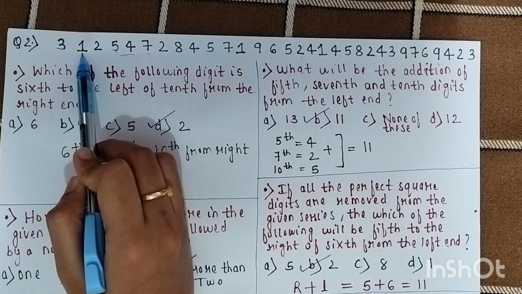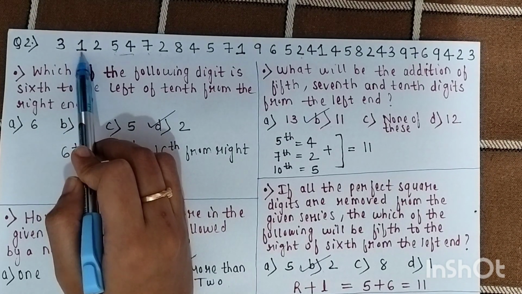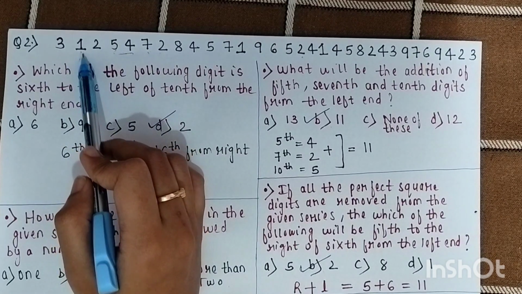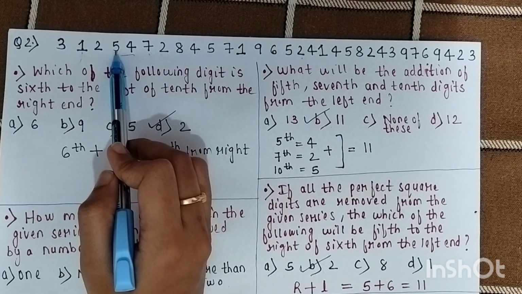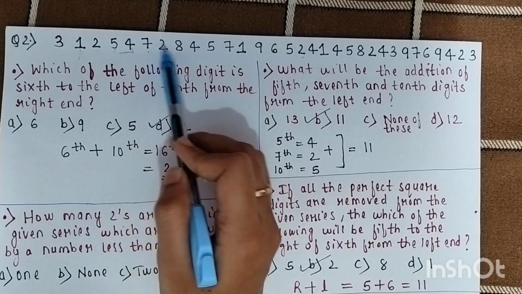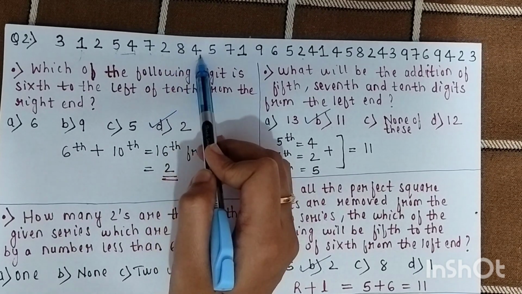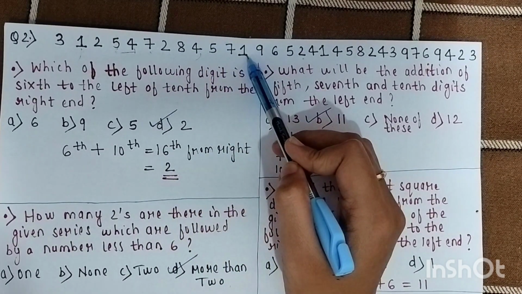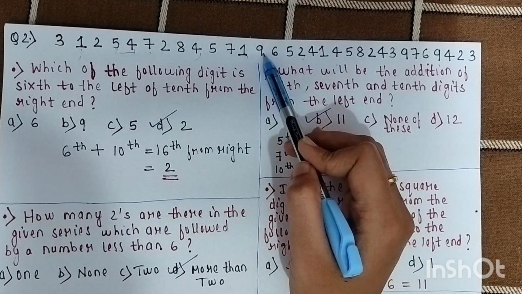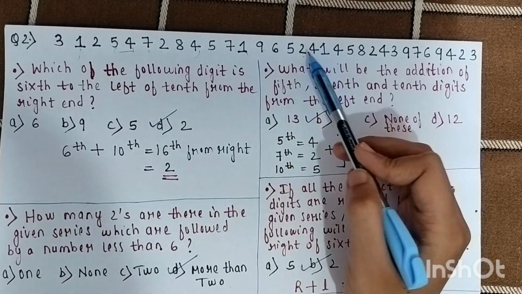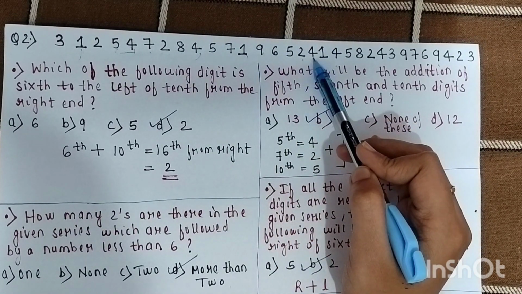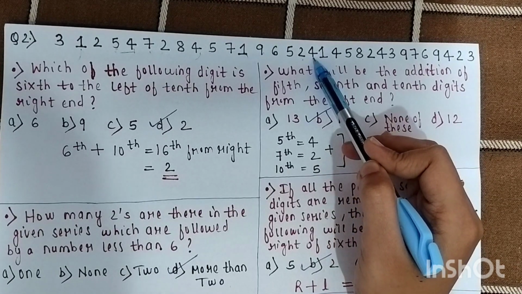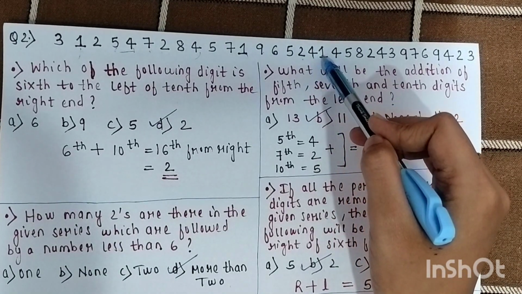Yes, because 1 is also a perfect square. 1, 2, 3, 4, 5, 6, 7,